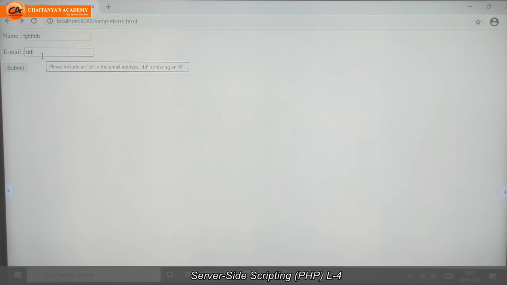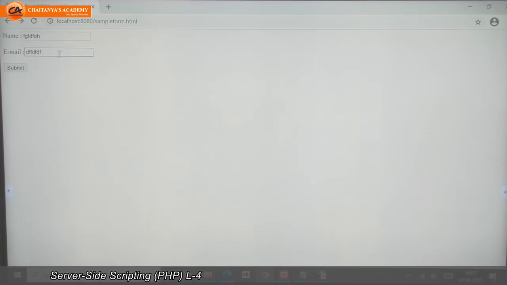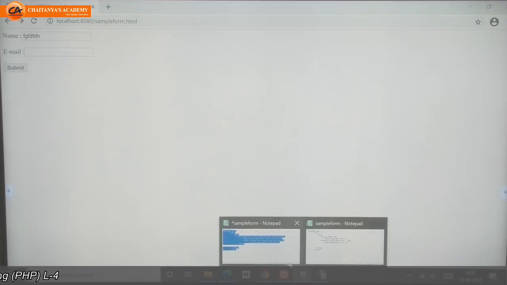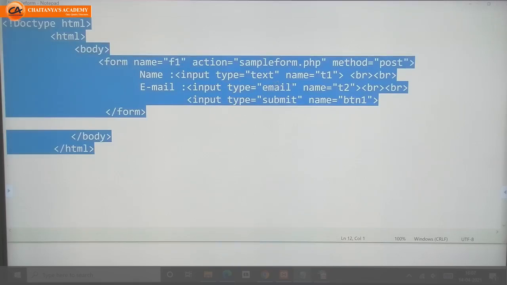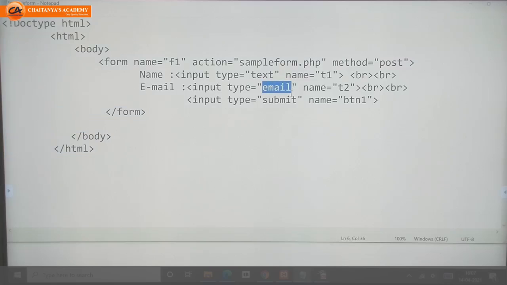I can pass a blank value, but I can't pass an incomplete value. This email type gives us built-in validations, meaning we need to write a proper email ID, or you can pass a blank value. If you want to tell the user to pass an email and not leave the field blank, then you need to write some function code, a user defined function, which will not allow the user to enter a blank value.